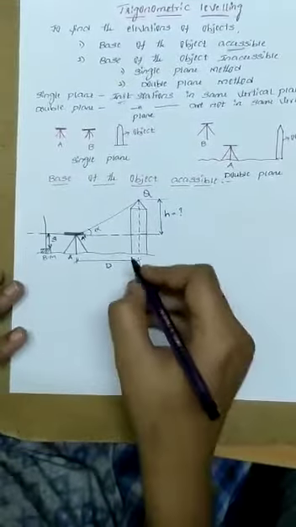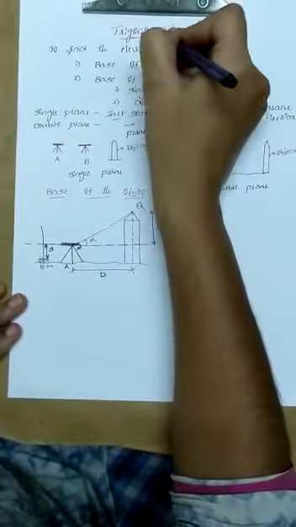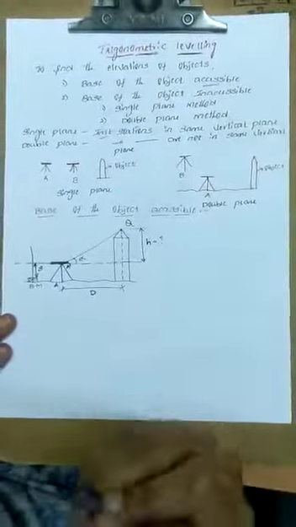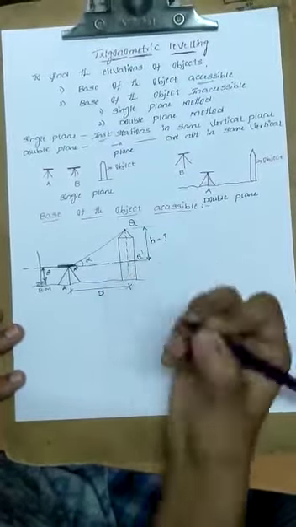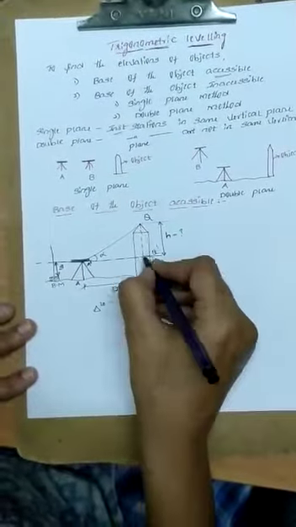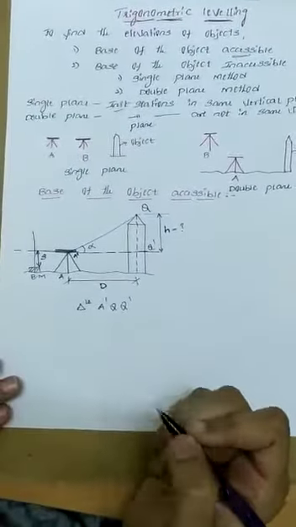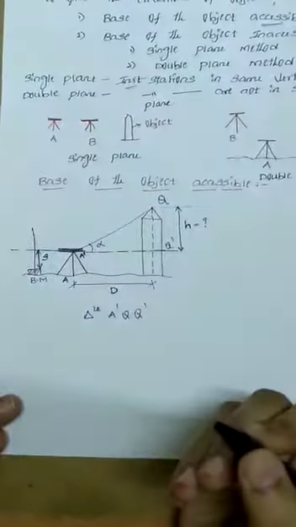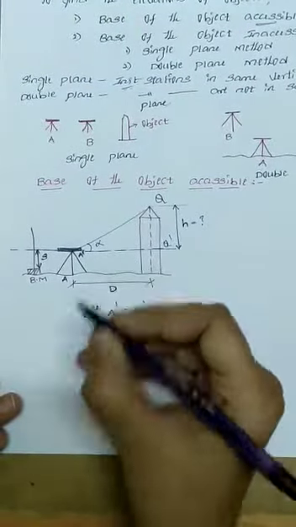Now using the trigonometric function you are going to calculate this H value. The name leveling itself indicates you are going to find the elevation of an object using trigonometric functions. Now call this point Q dash here. From this triangle A dash Q dash, apply the trigonometric function. You will know the horizontal and vertical height. You will know which function to use: the opposite side, the angle, and the adjacent side are known.